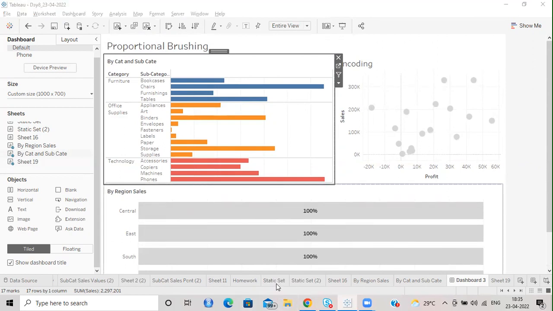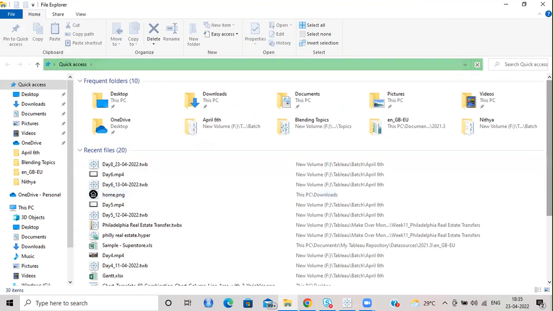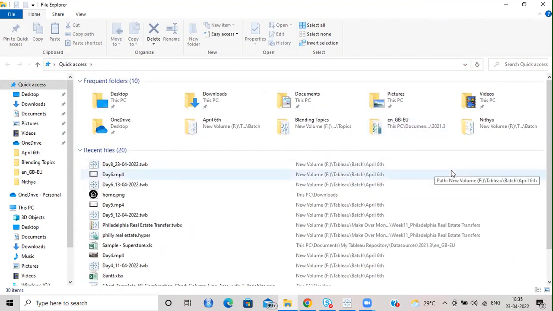Now I have spoken to Lohit and he told me that the hyperfile is already present in the LMS. Maybe you guys didn't check that. It was uploaded the same day, on the day 6 folder. So please try to replicate that. Now I'm going to give you one more data set today. I will give you more data sets, but I don't see it from everybody, so I'm not giving, but yeah, let me give it. Otherwise,